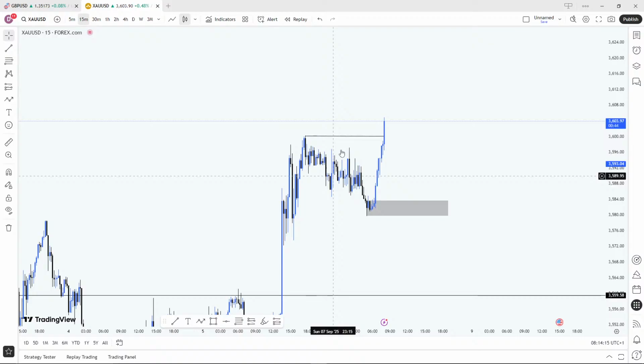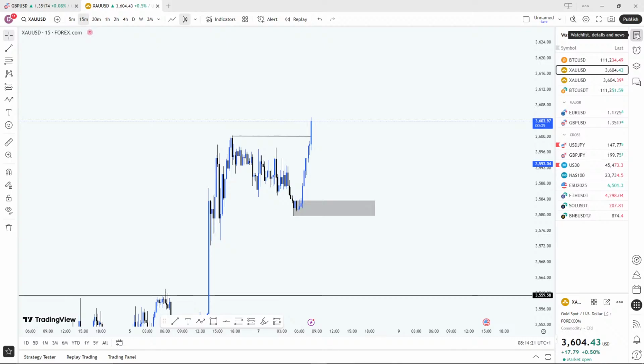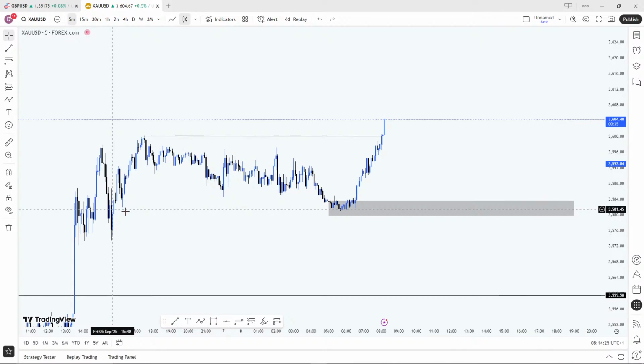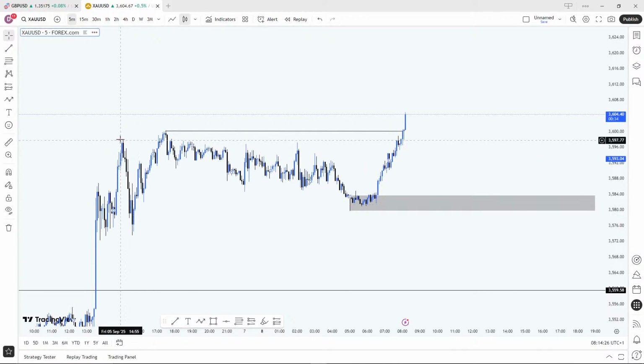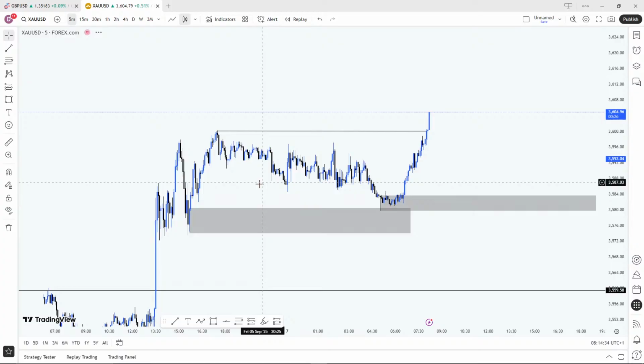I'll just be patient. Right, this is where it bought off from. The buy happened from this very zone, which has all the criteria right here. It has this break of structure. Then this was the other block the price got to and started buying from. Everything was present. The criteria was present.